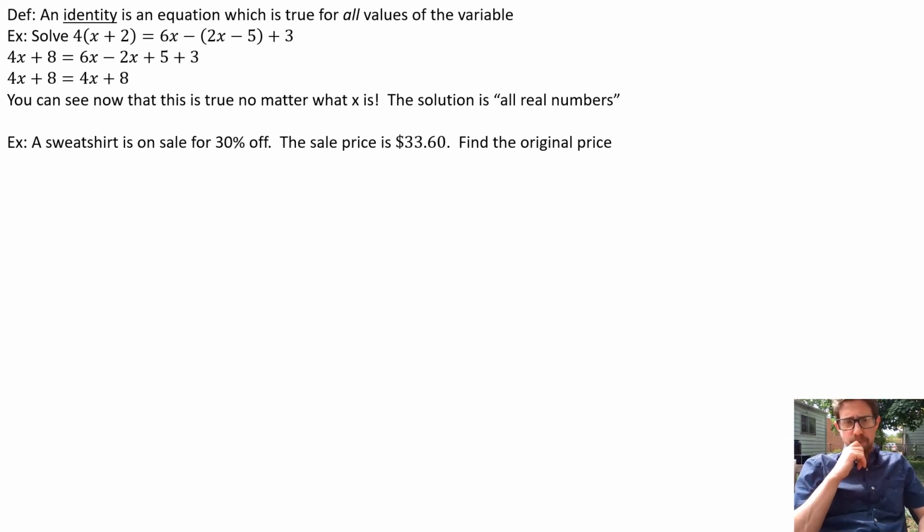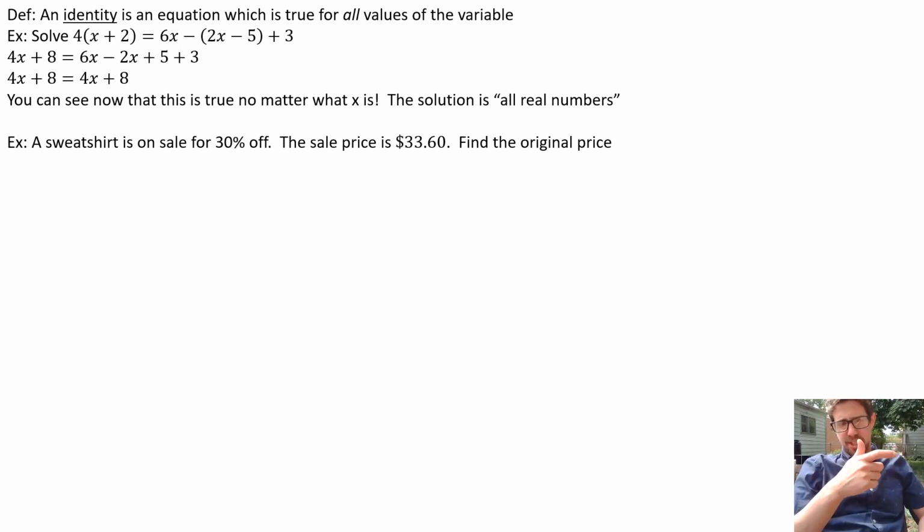Okay, word problem. A sweatshirt is on sale for 30% off. The sale price is $33.60. Find the original price. No tax is involved here. That's just the tag price is $33.60. Okay, so we're going to get more into this very soon, but this is a type of thing where we're translating